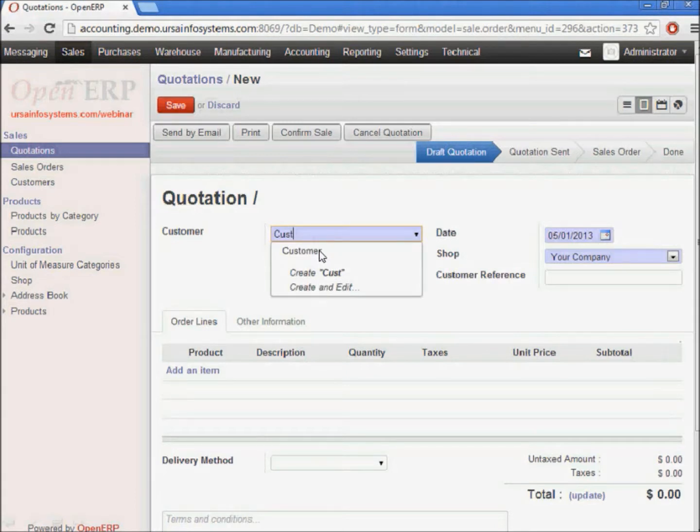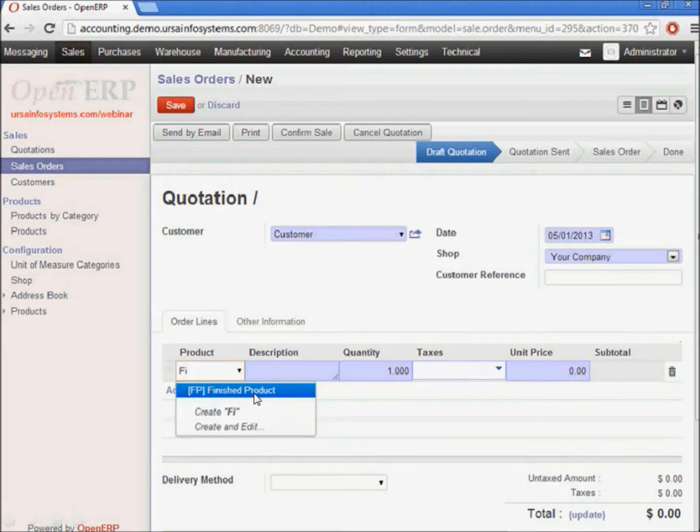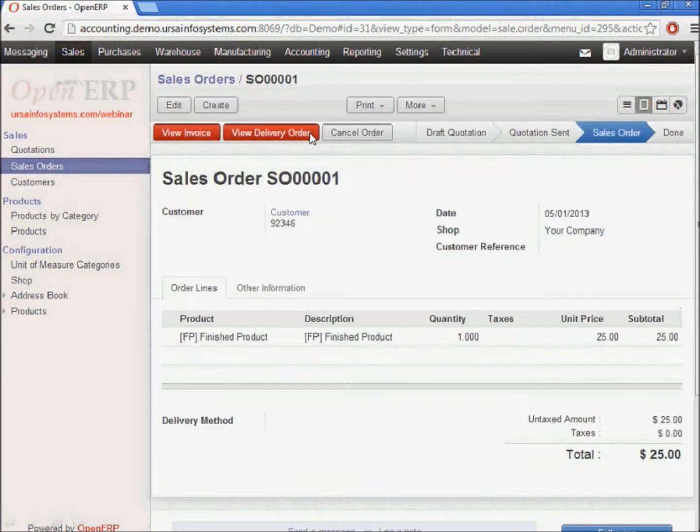So the first thing that I'm going to do is create a sales order, which starts in OpenERP with a quotation. So I'm going to hit the Create button here, and I'm going to start to enter some information into OpenERP to represent the order. So I'm going to choose a customer here, and I'm going to choose a product. And remember, this is a product that's in stock. So our warehouse has this finished product. It has a price of $25. So I'm going to confirm this sales order,